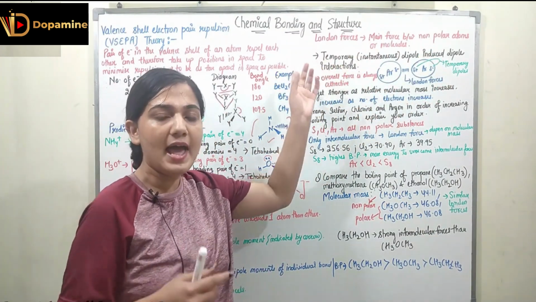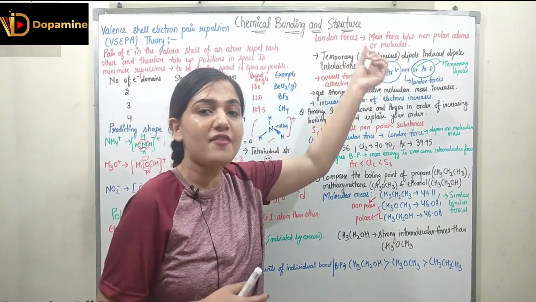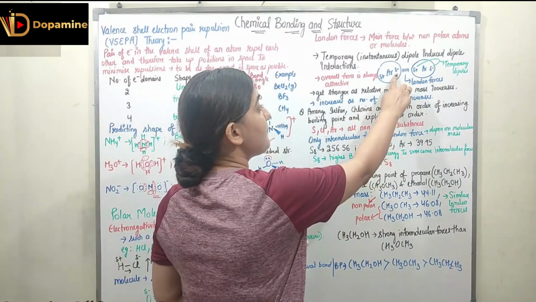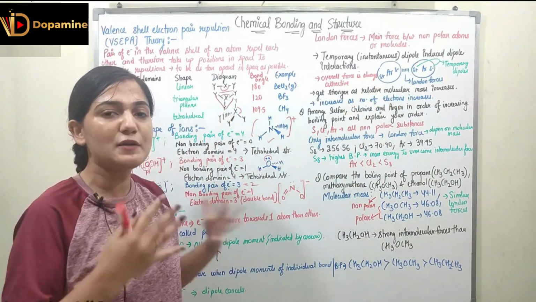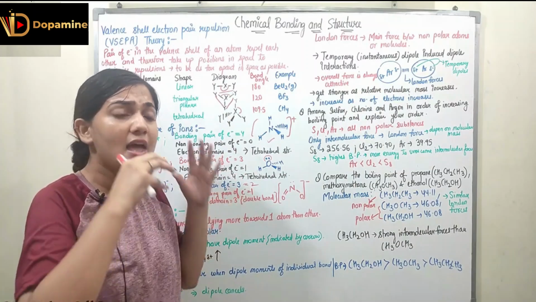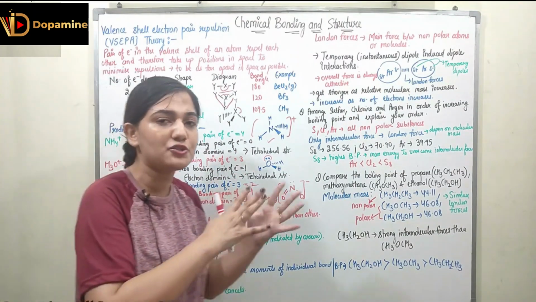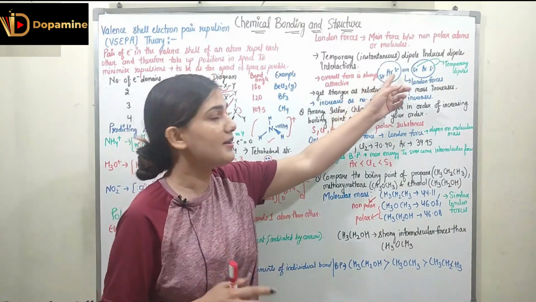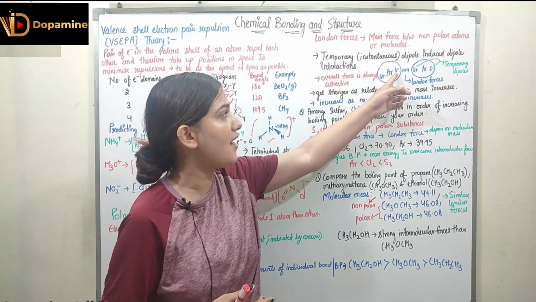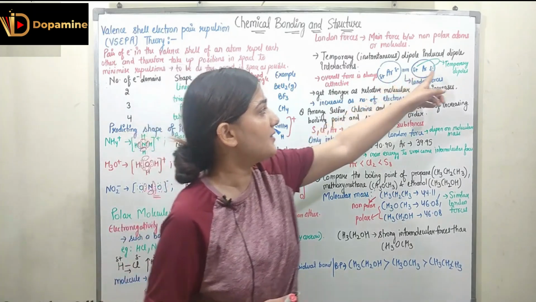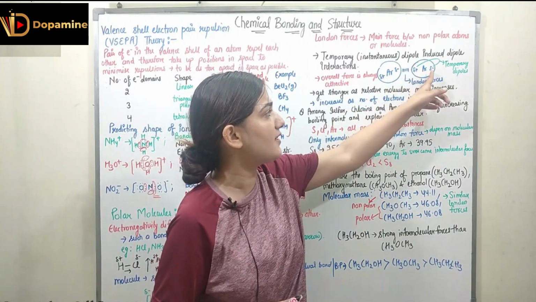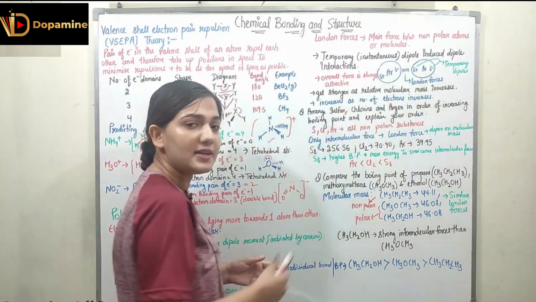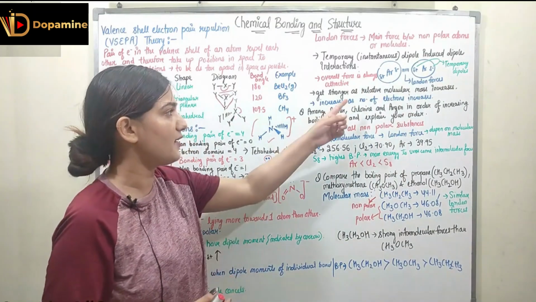So if I have a temporary dipole and another temporary induced dipole, you can see this argon structure. Here we have temporary negative and temporary positive, and it is not very stable. So argon is moving here and there, and at a particular point of time we can see the electron cloud is moving to a particular location, right? So it can never be always symmetric. Now here we have a small negative charge and small positive charge. In this atom of argon also we have a small negative and small positive charge. These are the temporary dipoles. Now there will be interaction between these two temporary dipoles, and this interaction is called the London forces.